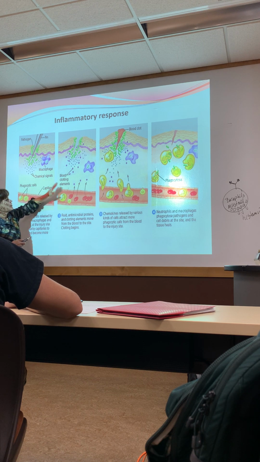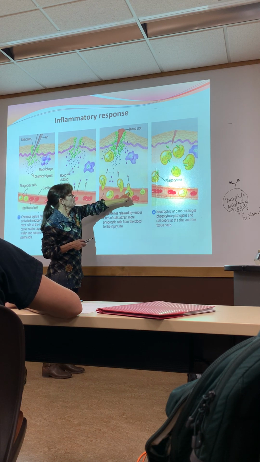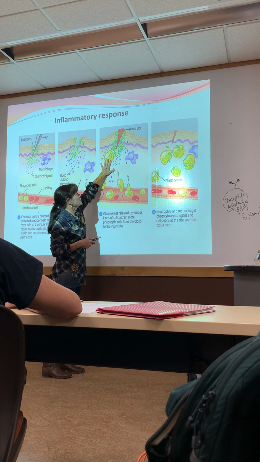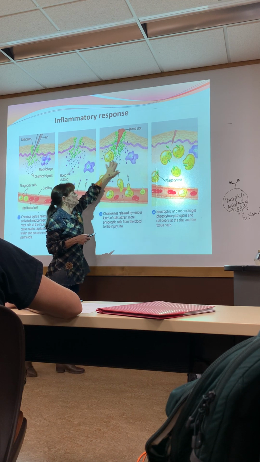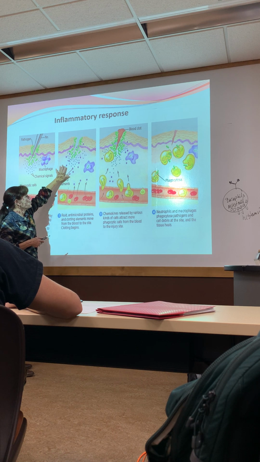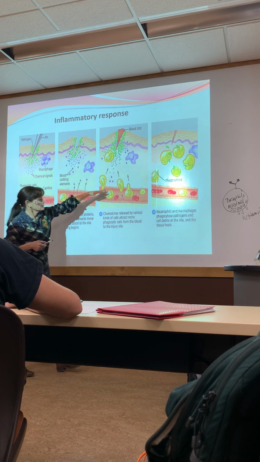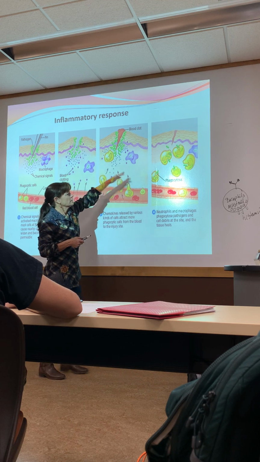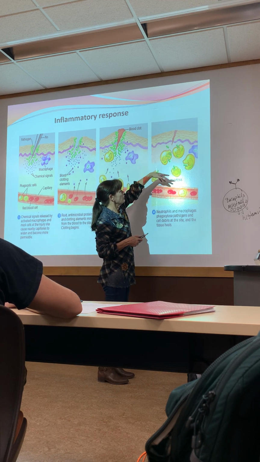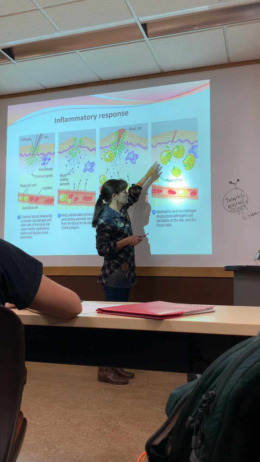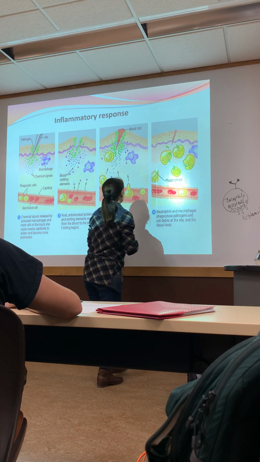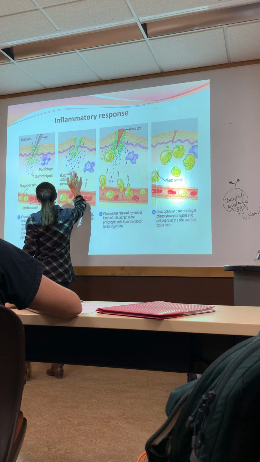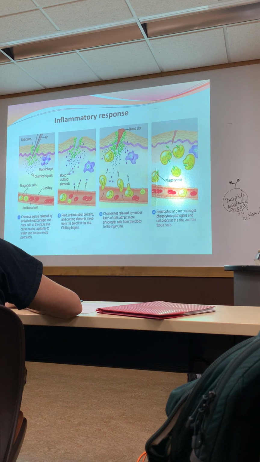They squeeze out of the capillary. They start eating the bacteria that they find. They release more chemicals that call for more friends to come and join the party. Now we've got a whole bunch of phagocytes running around eating all these bacteria that came in. Of course, we've got clotting that goes on and all that stuff too, to stop the blood flow.